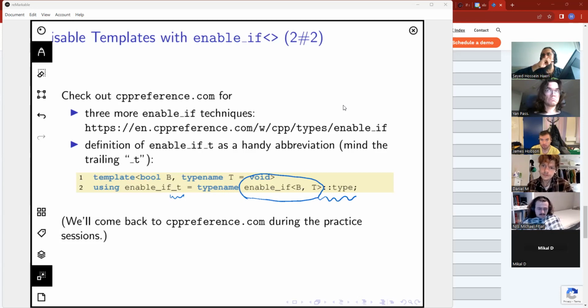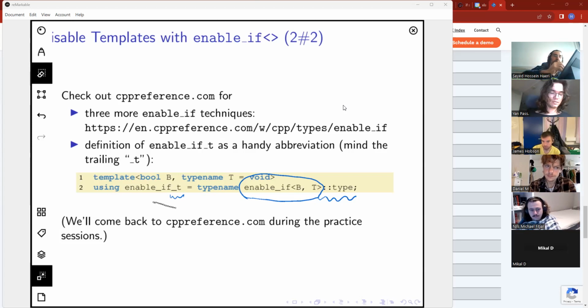But for now, it suffices for you to know that this underline T is just a shorthand.